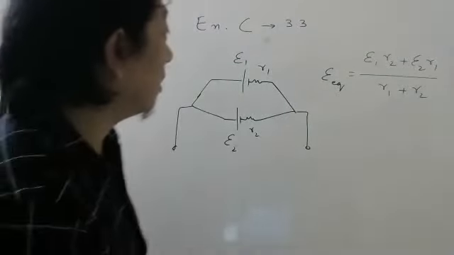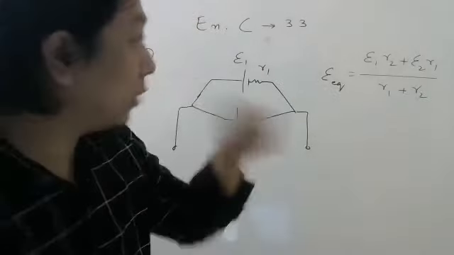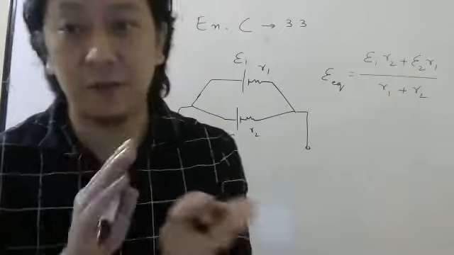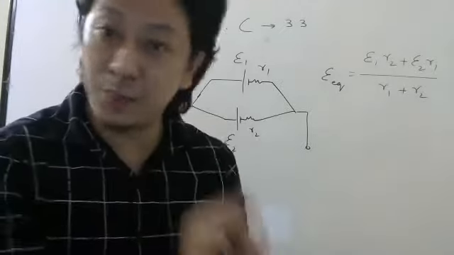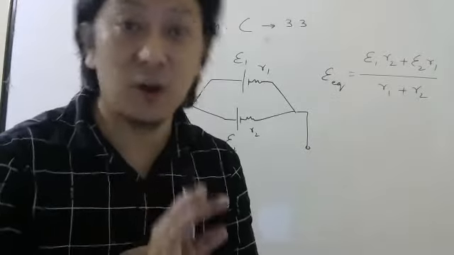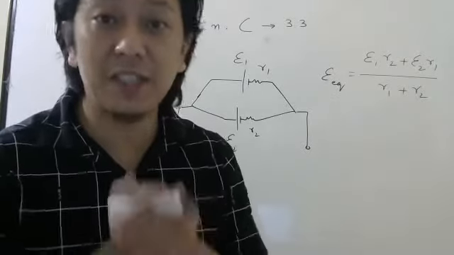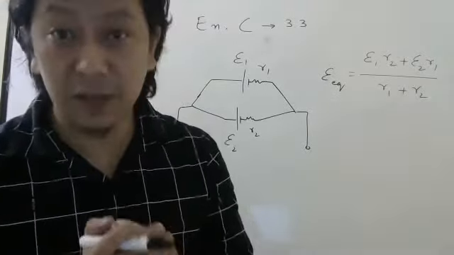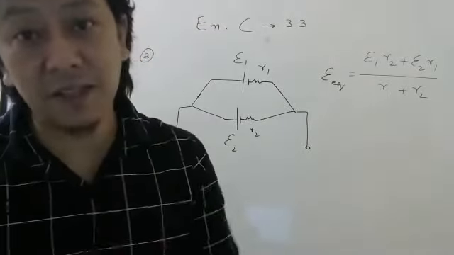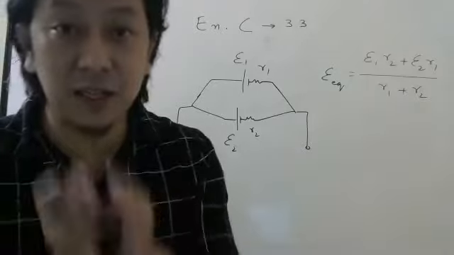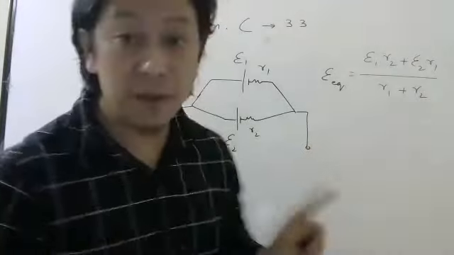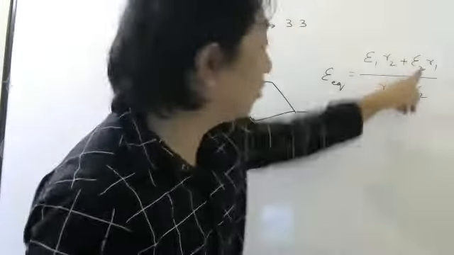Okay. So now this value is actually between E1 and E2. It is neither less than the smallest. In parallel, usually what happens is the equivalent will be less than the smallest, but that is for capacitors and resistors. For capacitors, it happens in series. For resistors, it happens in parallel, that the equivalent is smaller than the smallest. But for EMF, it doesn't happen because R1, R2 are also there.